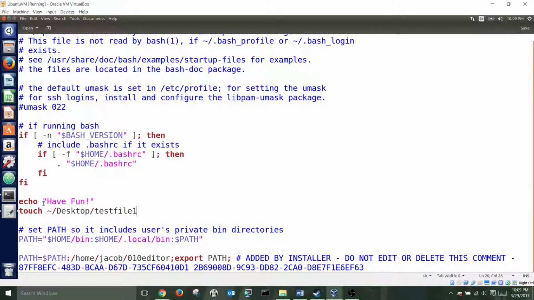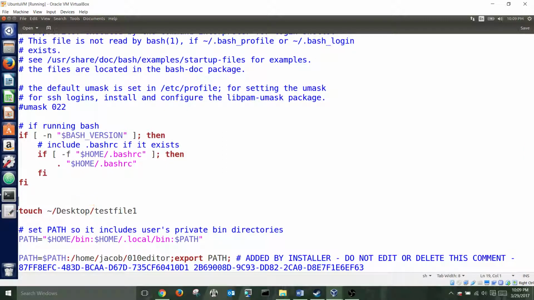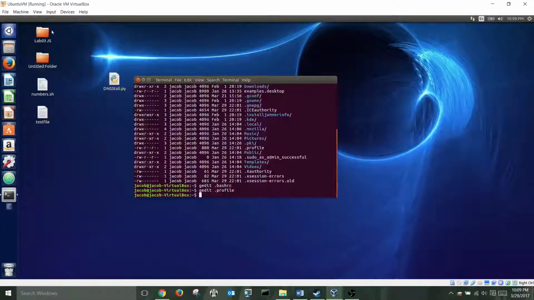Now, you can see that I've added the same things here. So I've added an echo, but since Ubuntu by default doesn't launch as a terminal, you don't actually see that echo anywhere. So that's not really doing anything. So we can go ahead and remove that. But you'll also see that I've added this touch to create another file, a test file 1, on my desktop when I log in. So let's go ahead and log out and back in, and you can see, if you